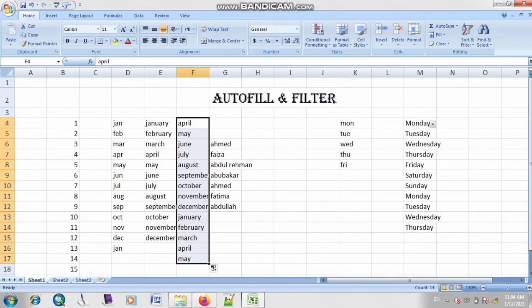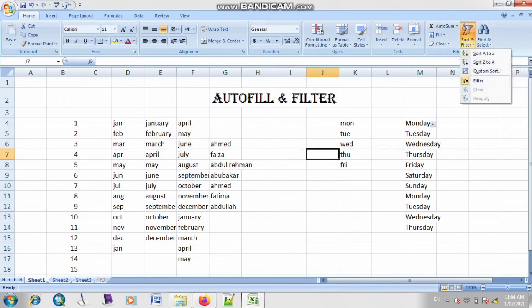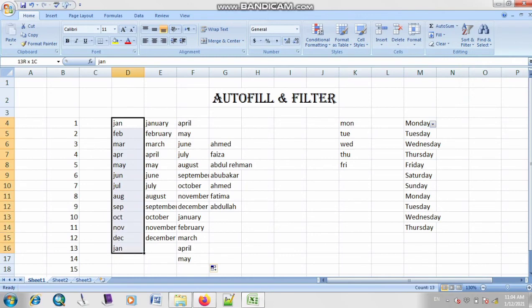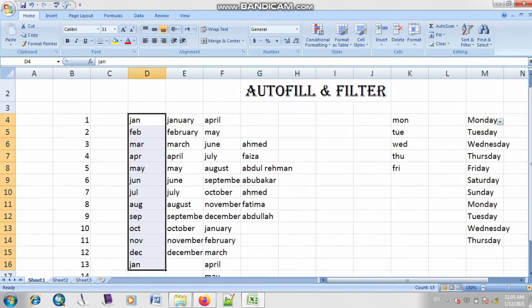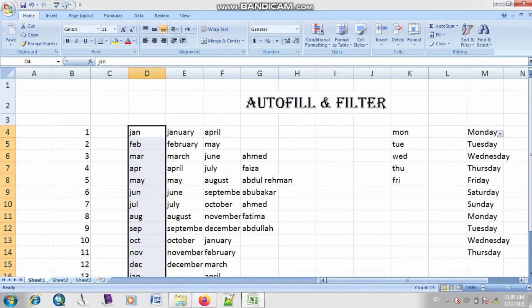And you also have to practice sort. Now what is the use of sort? S-O-R-T. Sort is basically used if you want to arrange your values in ascending order or in descending order. For example, as you can see I have a list of month names, January, February, March, April, May till December. I will select my series. As you can see my whole series is selected. Let me increase the font size so it will be clear to all the class.